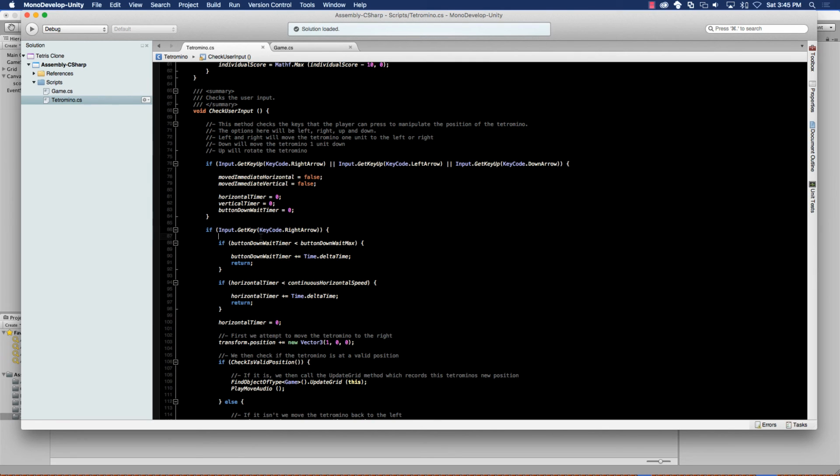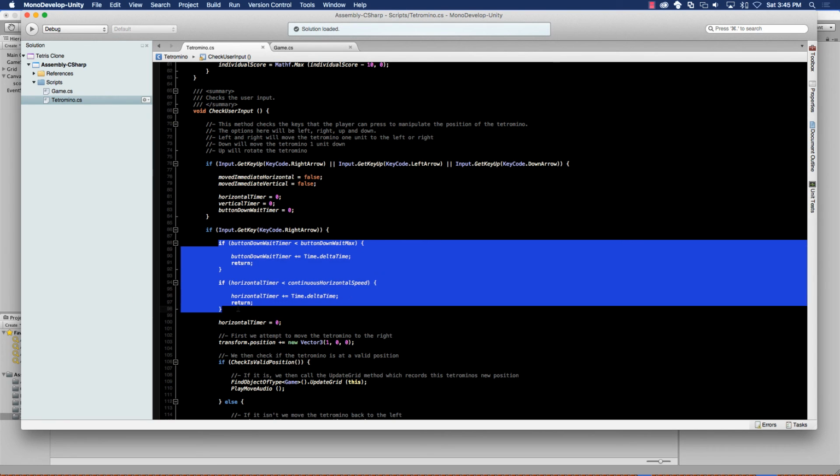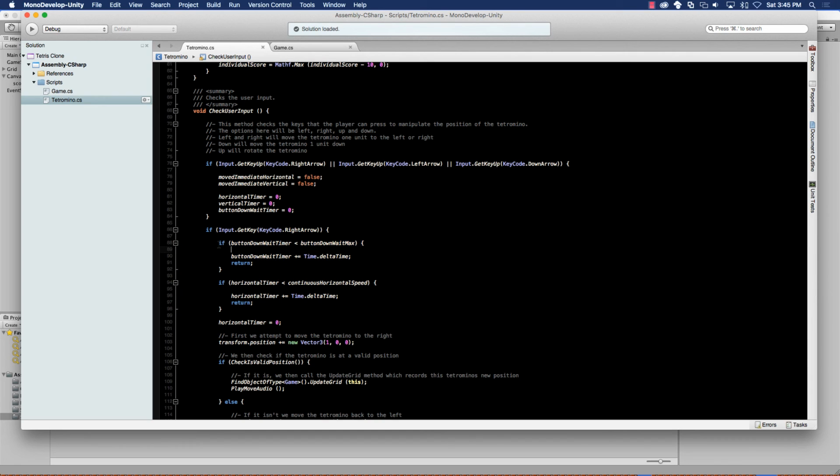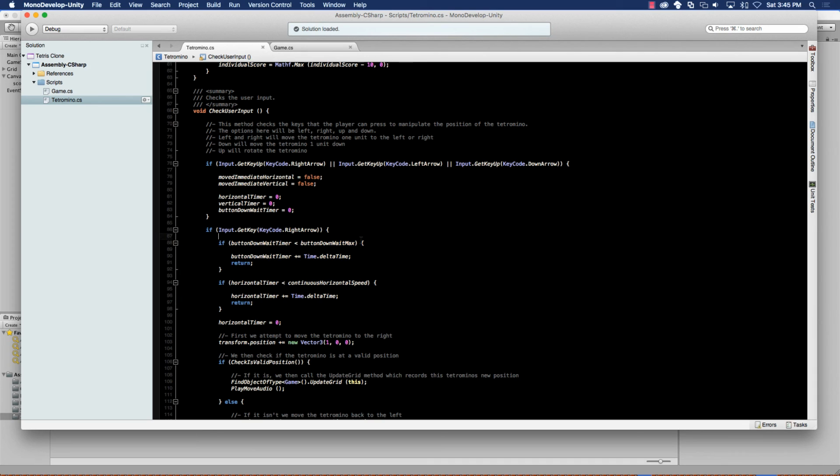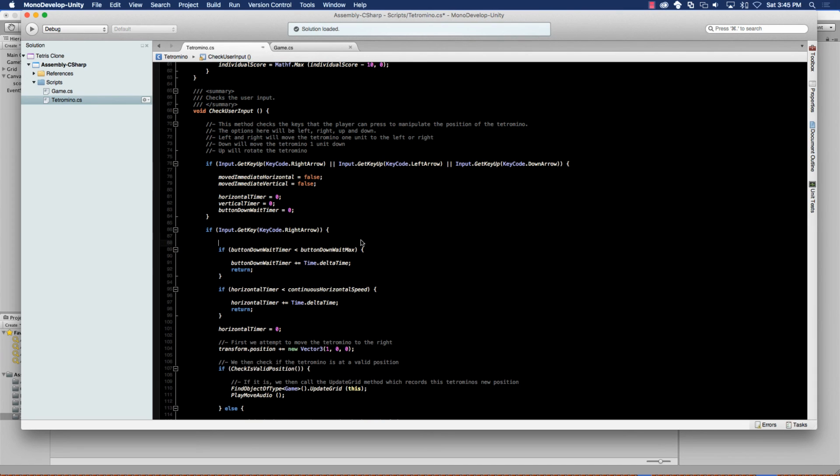And if we did, then we can say, hey, we want the piece to move just once, okay? But we don't want any of this to happen if we only move it once. We only want this to happen if we hold the key down, okay? So here's what we can do. We can say if